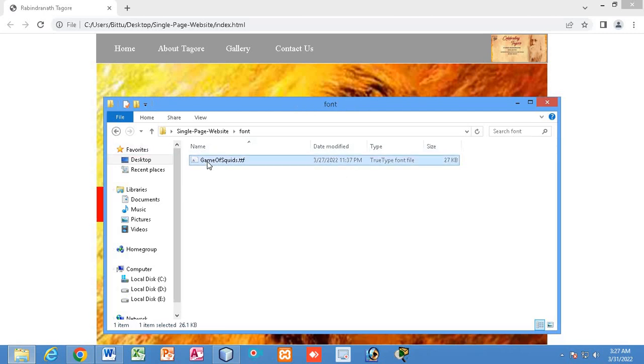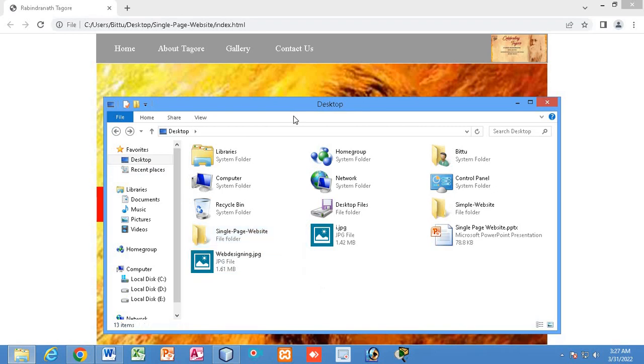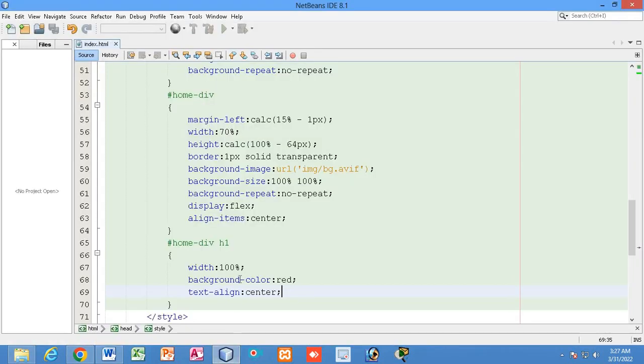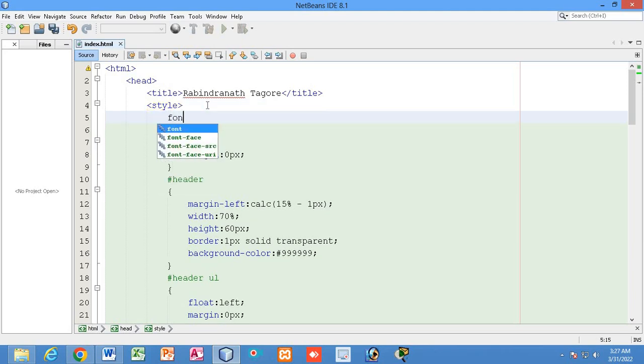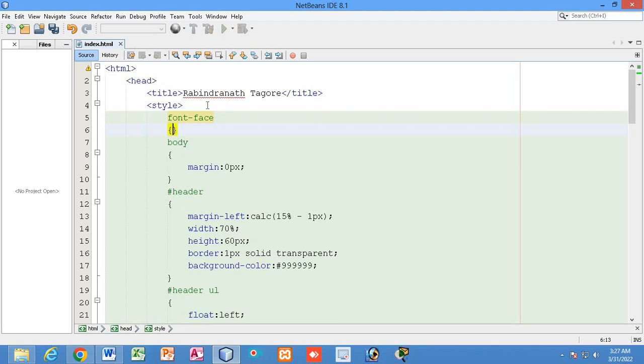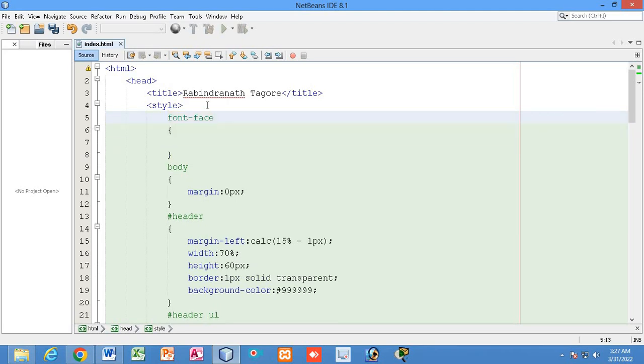I will be using this font. So here I will write, so we are creating the font face.